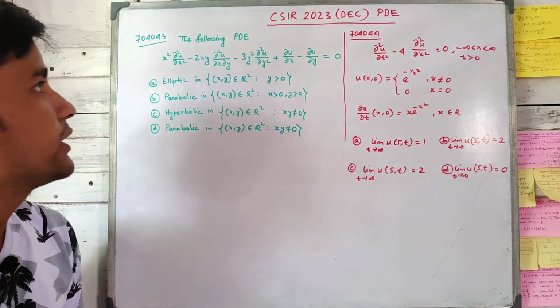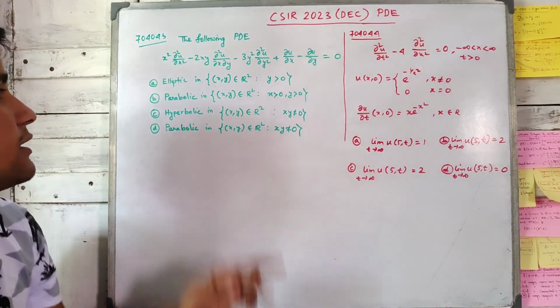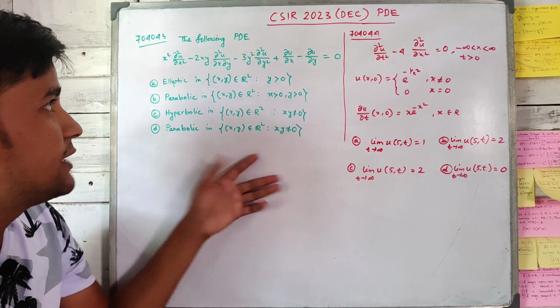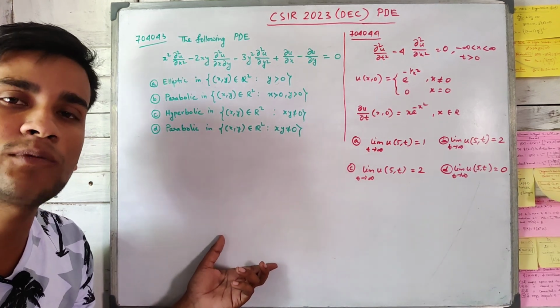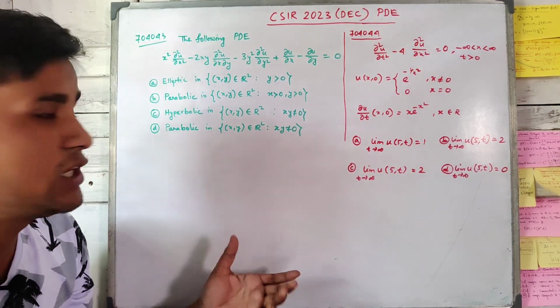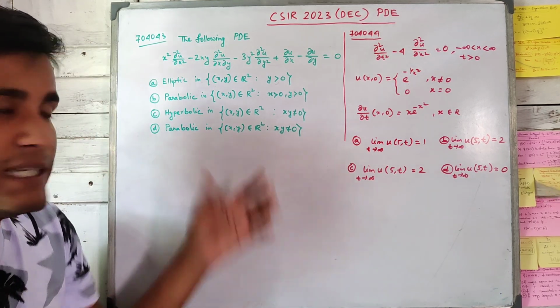So in this video we are going to discuss the questions of CSIR-NET June 2023. The questions are from partial differential equations. Here in the paper I think 4 questions come. 2 questions are of 3 marks and 2 questions are of 4.75 marks. In this video we are going to solve the complete partial differential equations questions paper of CSIR-NET